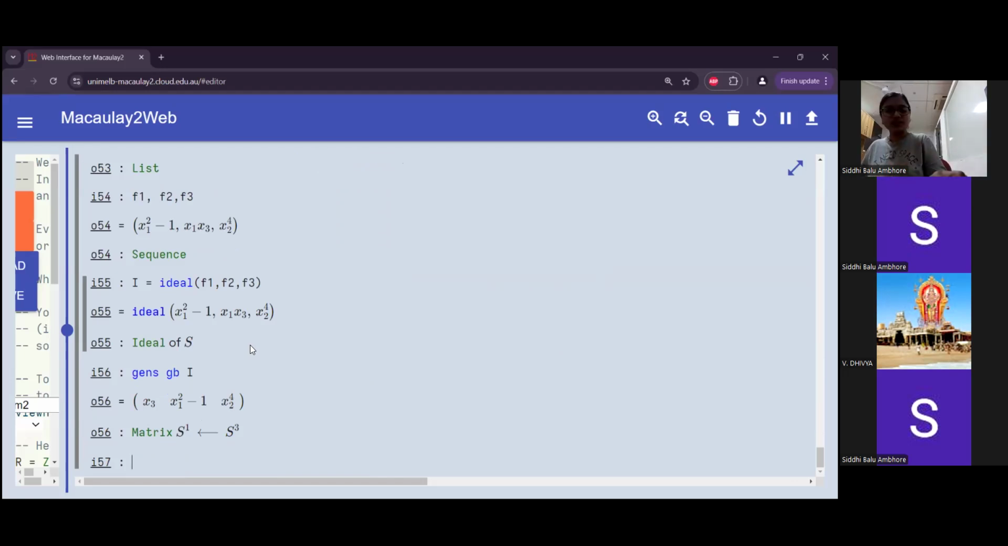X1, X3, X2 power 4, with respect to F1 is X3. So instead of writing X1, X3, it gave me X3, because X3 is anyway a multiple of X1, X3. So when we give this, what I say,